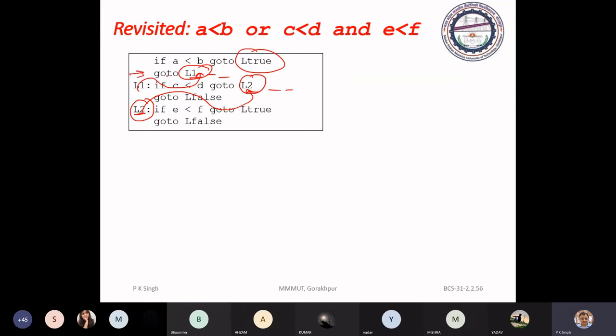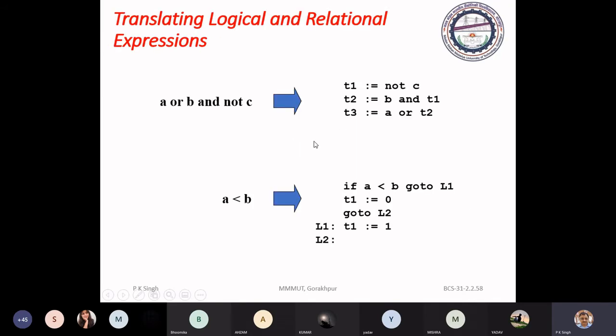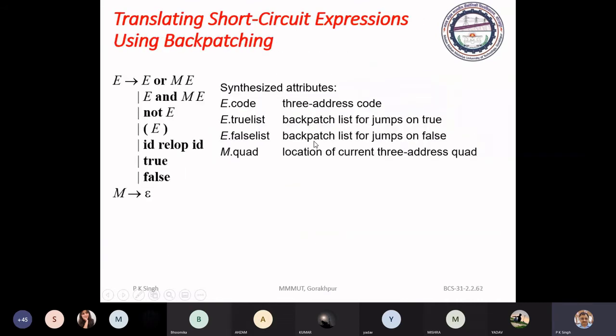So how do we do this? We make certain modifications in the grammar. You come back to that place and just see the modified grammar. Here we have M.